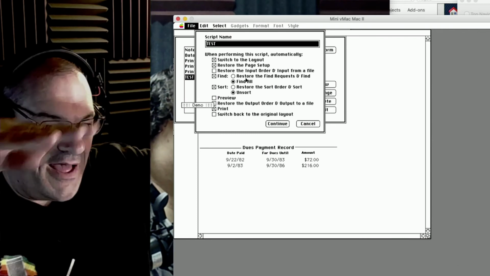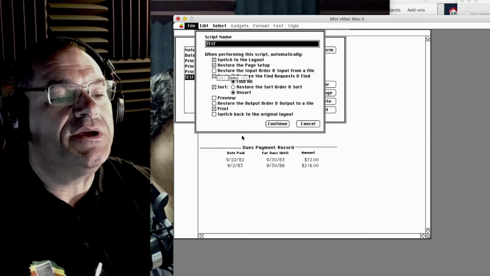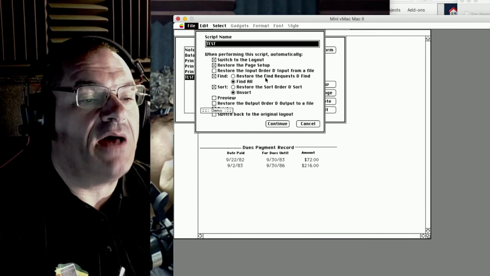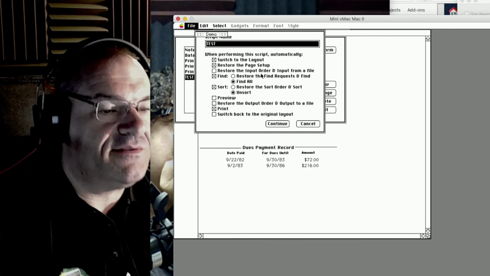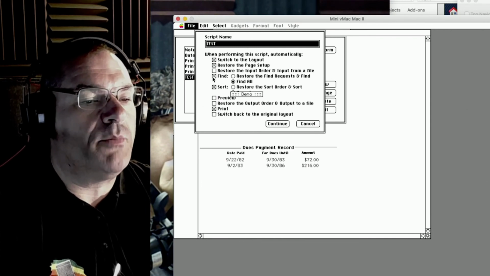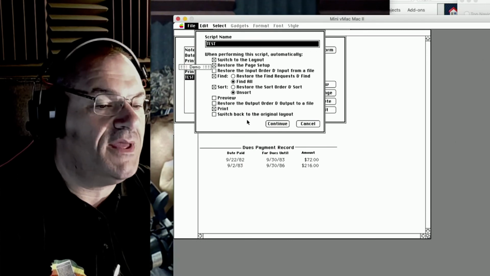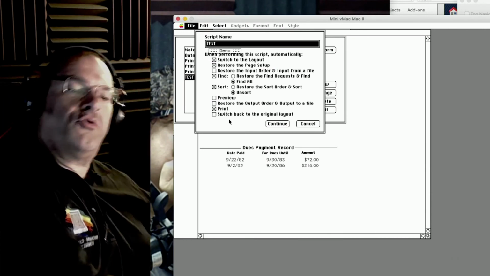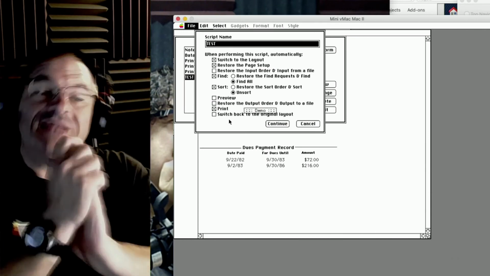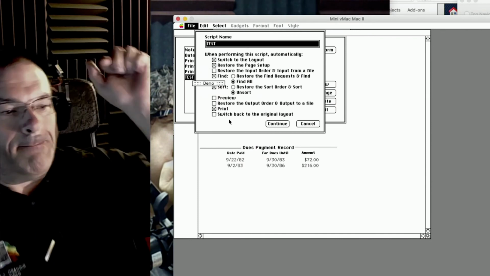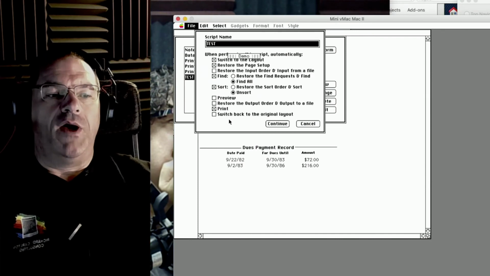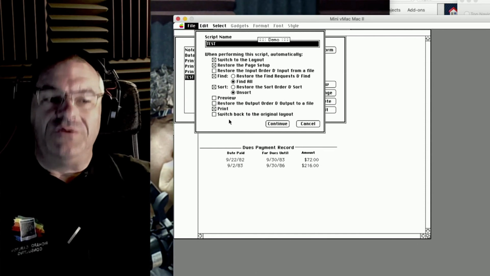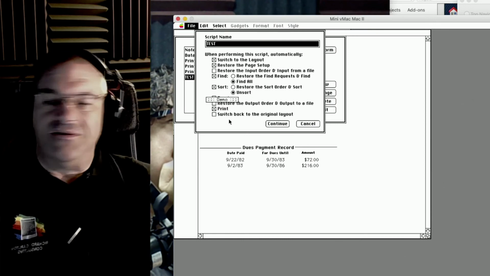Where you're thinking of lines of script and lines of code, that doesn't exist. You can select that it's going to, in this order of things, switch to a layout, restore a page setup, print. It's going to restore a print order, do a find for you, a sort order for you, preview maybe, then print, then switch back. So it's this cookie cutter: go somewhere, do a find, do a sort, do a print, come back. Not attached to a button. You have to come in here and tell it to run manually. And in a lot of ways, this mimics what a lot of people still do. A lot of developers just build stuff like this and then they're done, right?